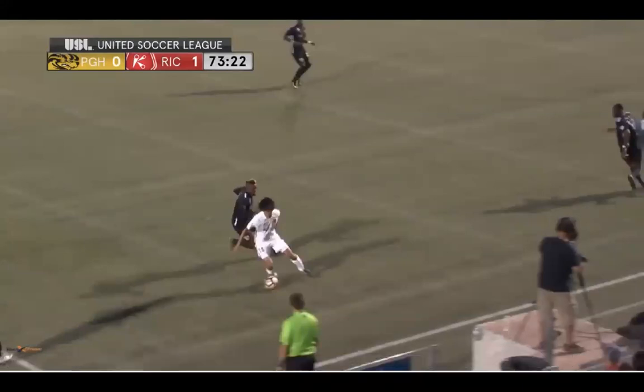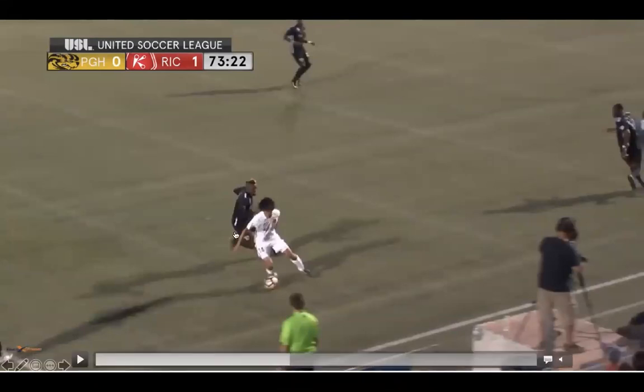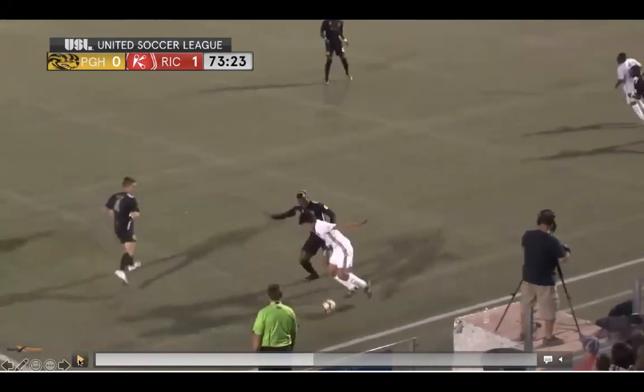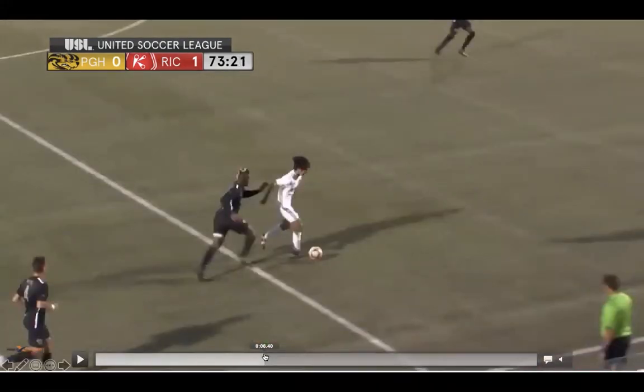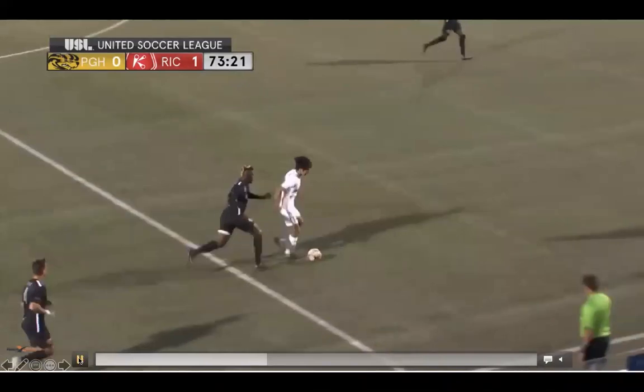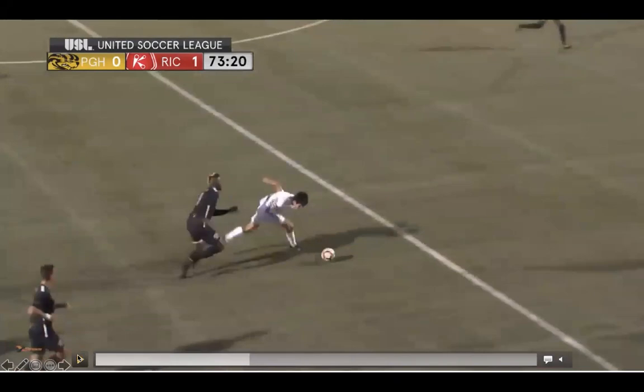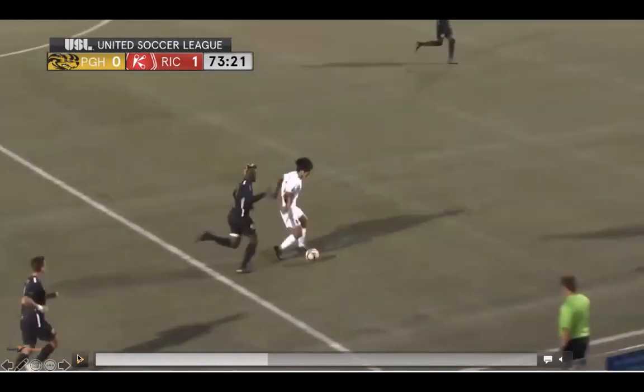The next thing is the potential for an attack. That is very low because, again, if we're thinking about space and options, this player has nowhere to go. He doesn't have any other teammates making runs. He has no space to play. It's why he ends up having to turn back. Tons of pressure, nowhere to go. So no, there's no potential for attack. And then the last one is proximity to goal. Here we are in the middle at midfield. So this is why we probably don't want an advantage here, because while the foul is trifling, just a little nudge in the back, and he keeps his feet, once he regains his feet, he doesn't really have anywhere to go with the ball.